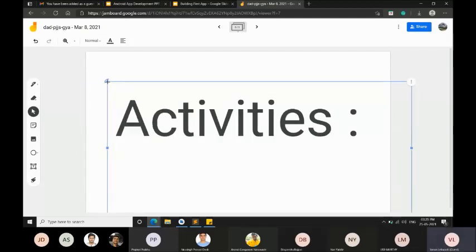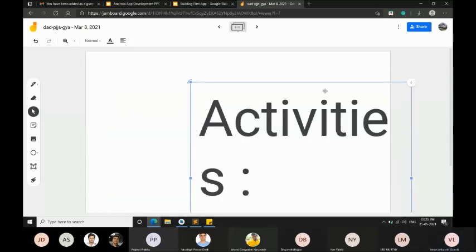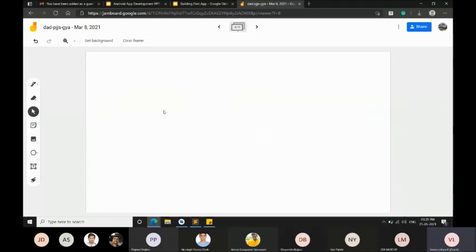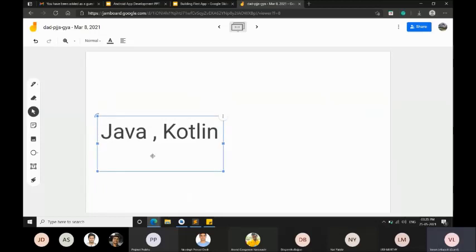In the layout, we have so many components, so what they should do and how they need to interact with the user, everything we will code in these activities. Activities can be written in two programming languages, Java and Kotlin, as we saw earlier.